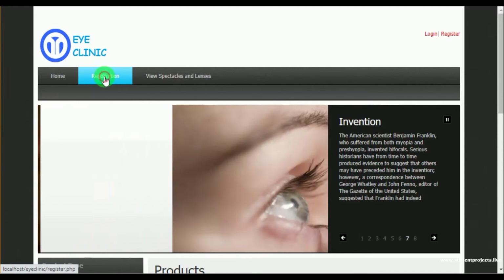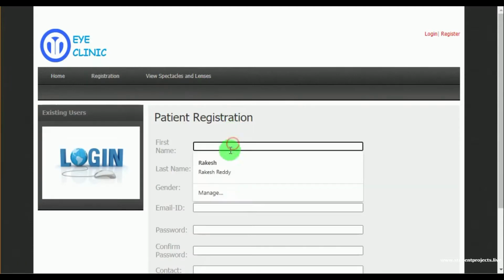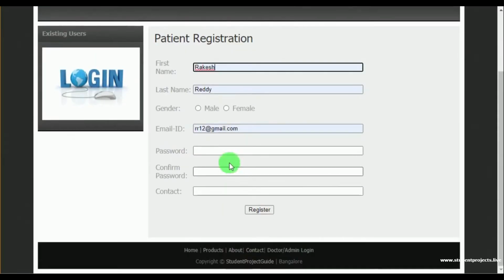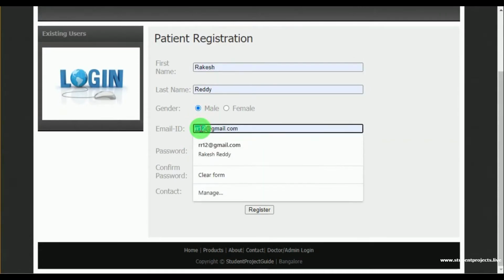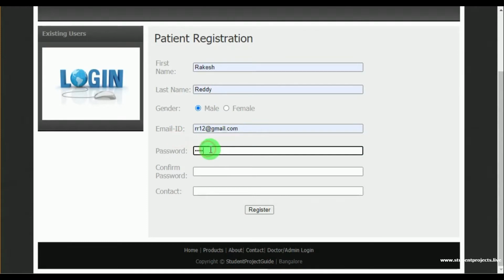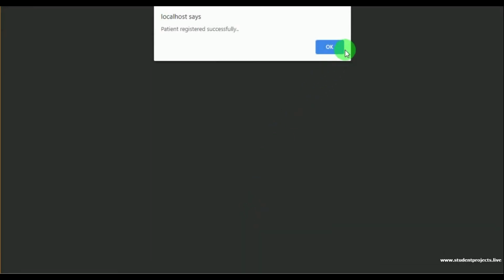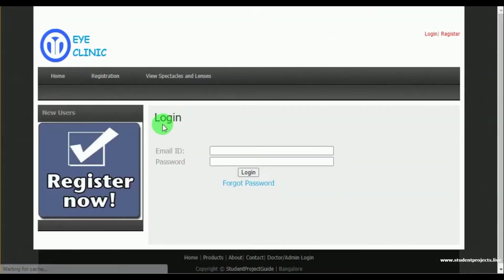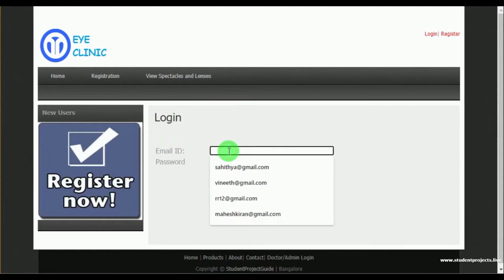Now let's register as patient. To make an appointment, patient must register by mentioning their first name, last name, gender, email ID, password and contact number. Once the patient registers successfully, they can log in by mentioning their email ID and password.